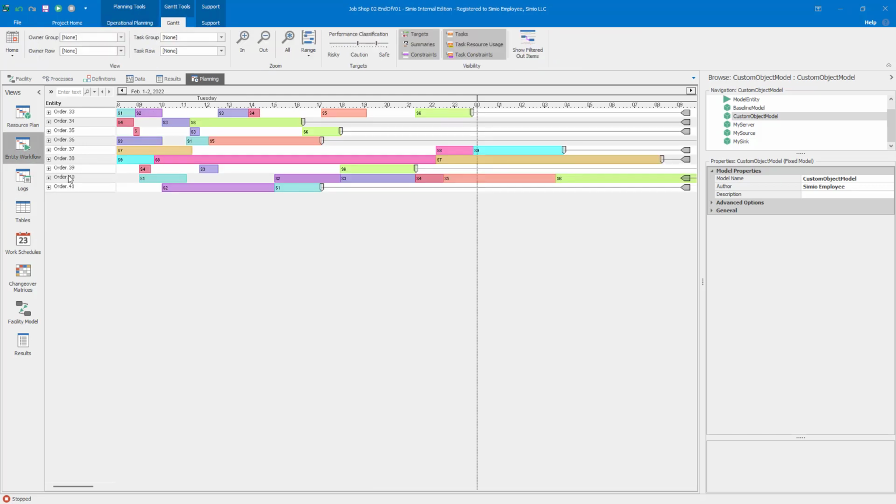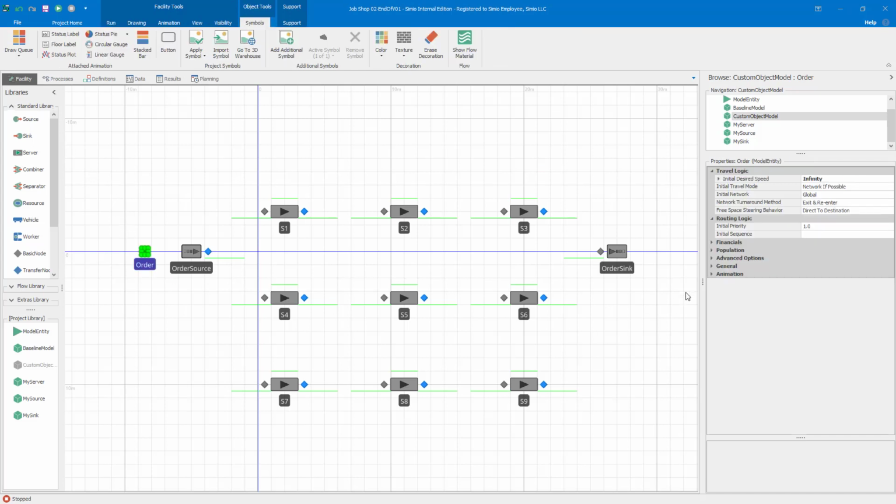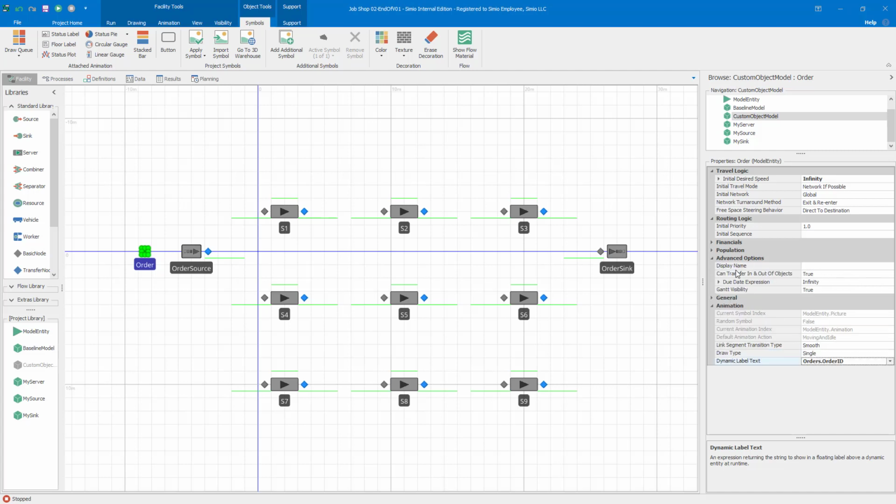And then if we go to our entity workflow, we can see those orders here. So one thing I want to do that I meant to do earlier and forgot is I want to fix it so that we can actually see the order ID here rather than the entity number. So to do that, I need to go back to my facility and go to the order instance. And down here in animation, I want to do 2 things. First of all, I'm going to set the dynamic label text, orders, order ID. And then I'm also going to, in the advanced option, for the display name, have the same thing,